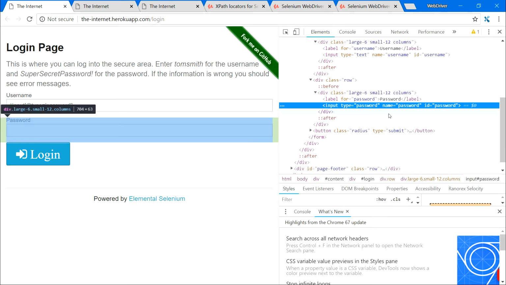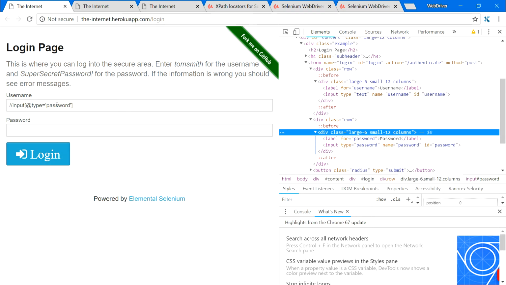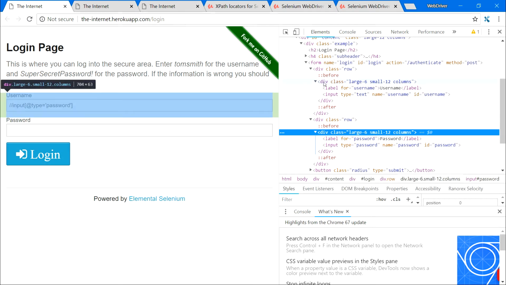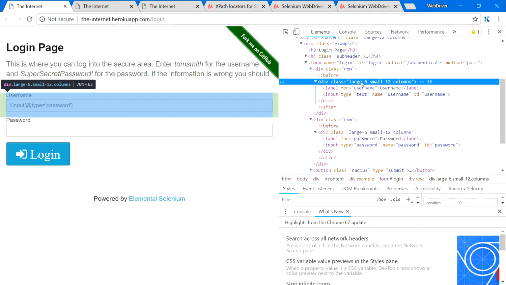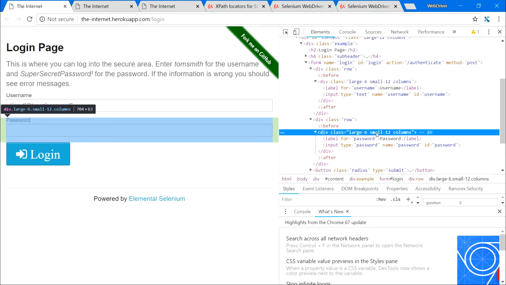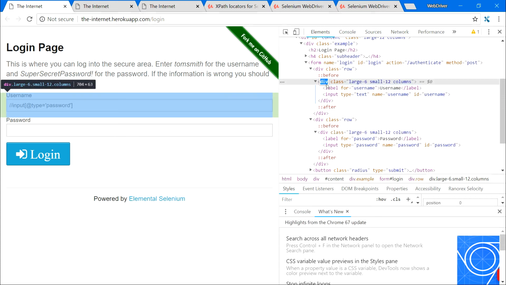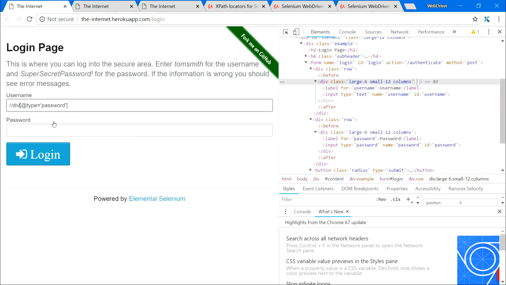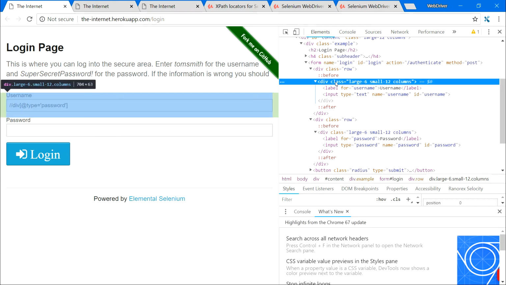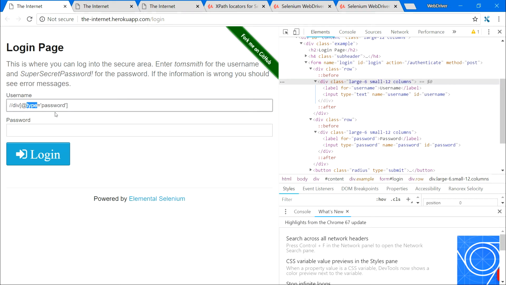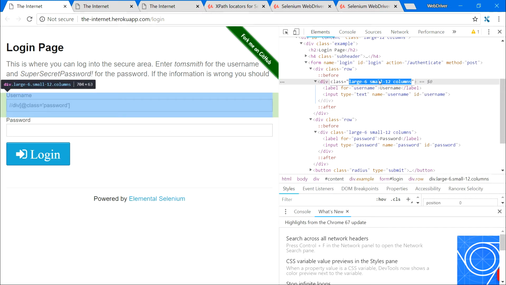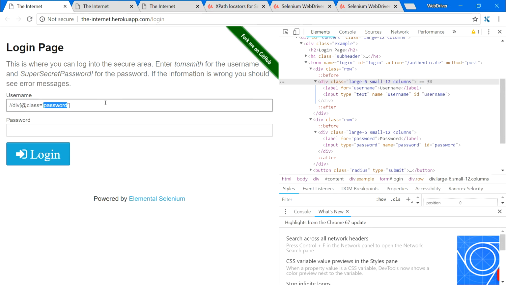Now, there may also be two elements with the same attribute and the same value. For example, this div element with this class and this div element with this class. So sometimes it may not work like this. So for example, let's build XPath for this div element. So instead of input, let's put div. Instead of type, we're gonna use class attribute, and for the value, let's copy this class value and replace password